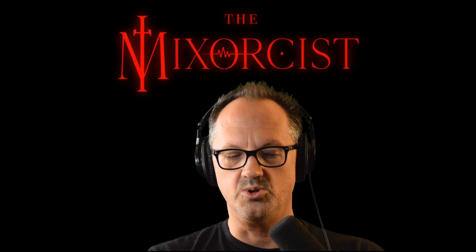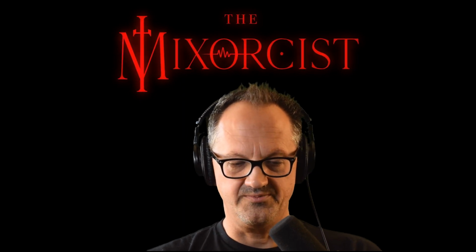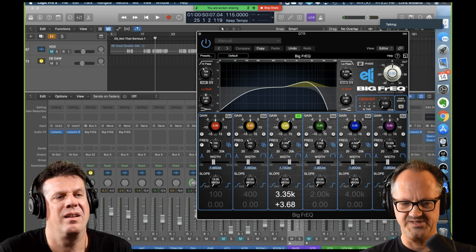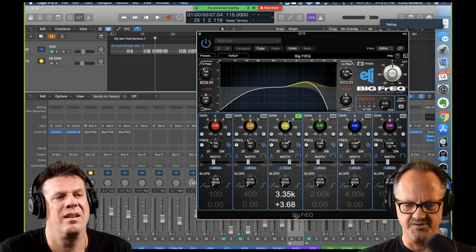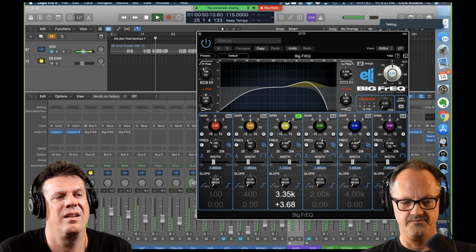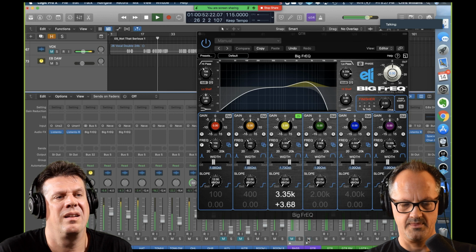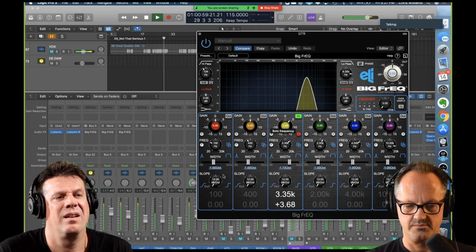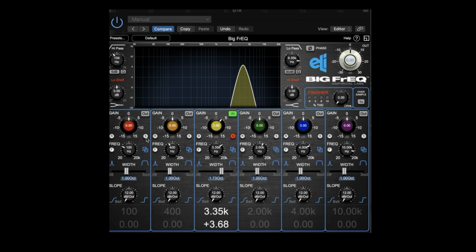Then you can also solo the band that you're playing with. So take, for example, okay, so here's the guitar. And we had put a boost in here at around 3.35K. So let's have a listen. And let's solo it. So if we wanted to make some adjustments here and hear what's really going on,